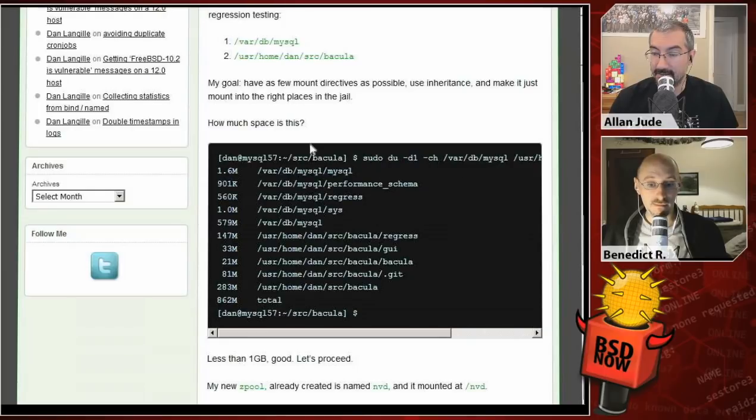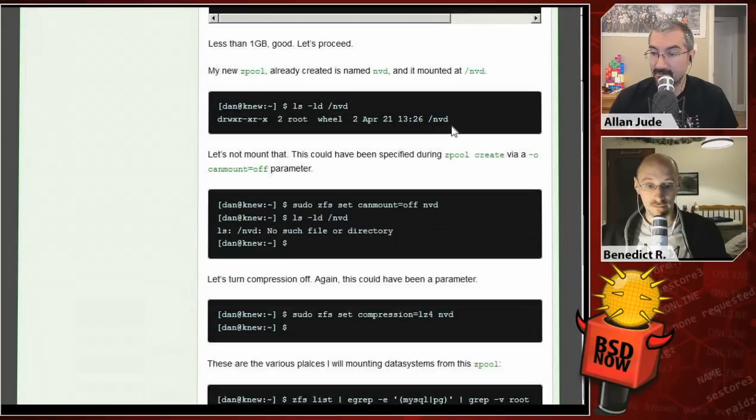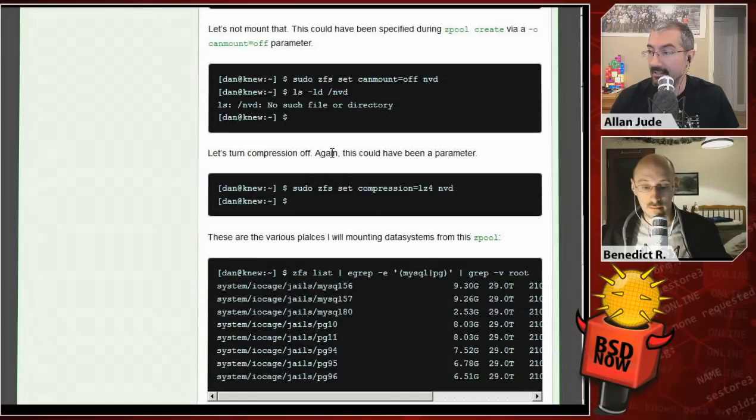So we can see that he creates a new pool called nvd, because that's the FreeBSD driver name for NVMe. He sets that with the -o property. So when he does zpool create, he adds -O canmount=off. So the nvd directory itself doesn't actually get mounted. The root of the pool is not mounted, and therefore